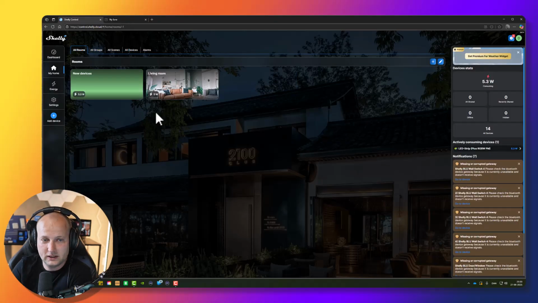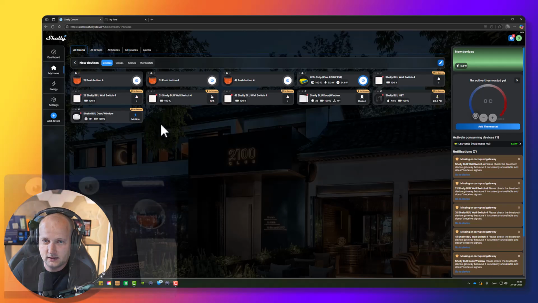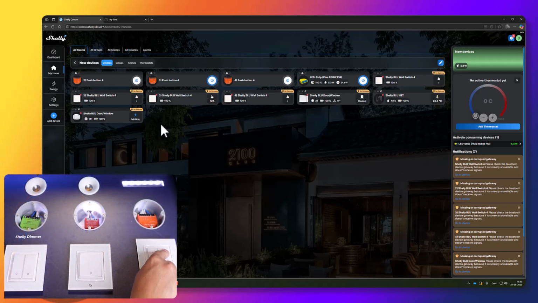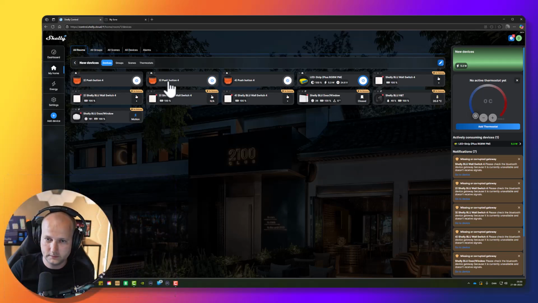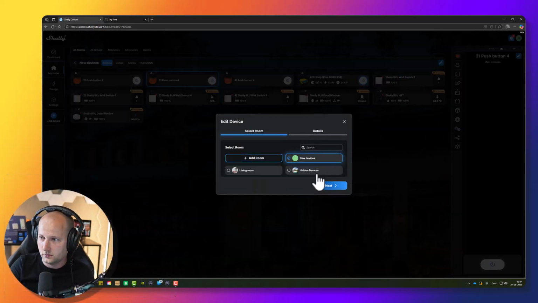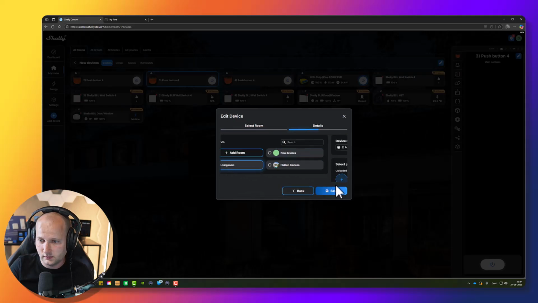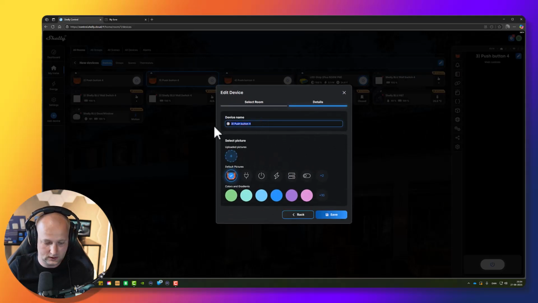Now I'll just quickly add the rest of the input devices here. So let's go to new devices. Let's identify one more. If I press and hold this one, this is the upper right button. Good. Go to settings of the device, change the room. Let's call it